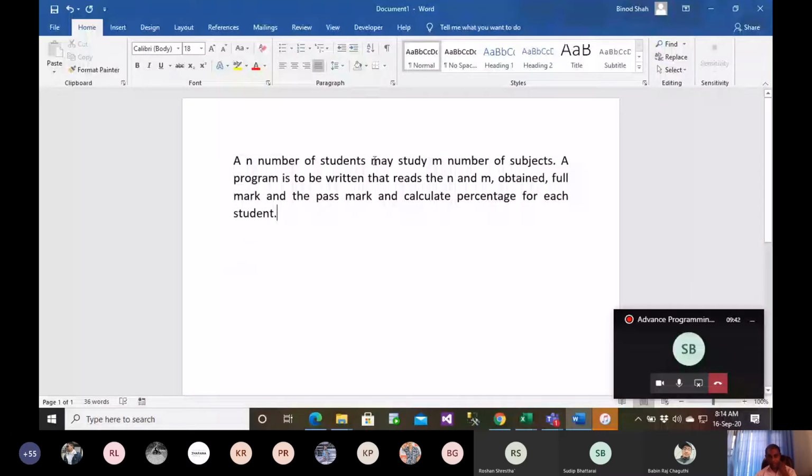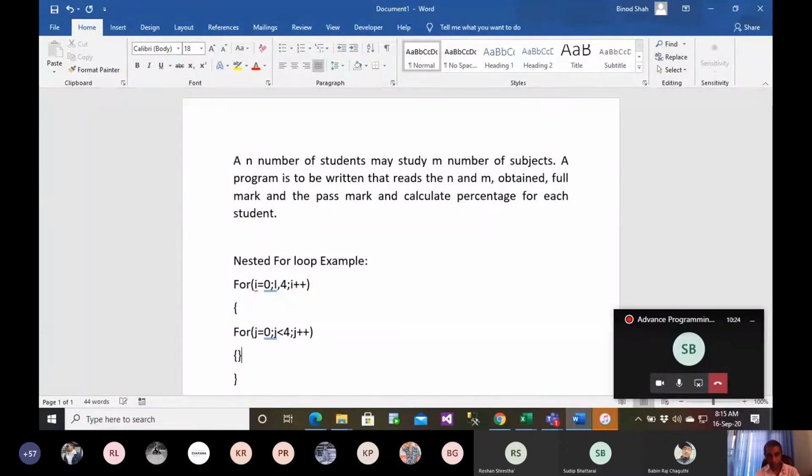Now let us see how to do this work. Before I move into this task, let me show you some examples of for loop, nested for loop. A nested for loop will be something like: for i equals 0, i is less than 4, i plus plus. Then inside this loop I'll have another loop: for j equals 0, j is less than 4, j plus plus.